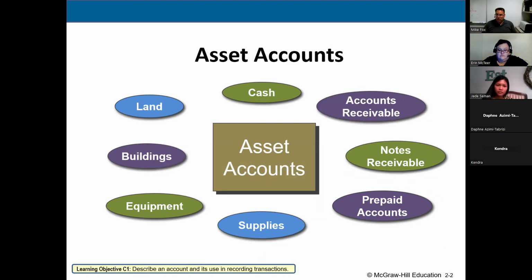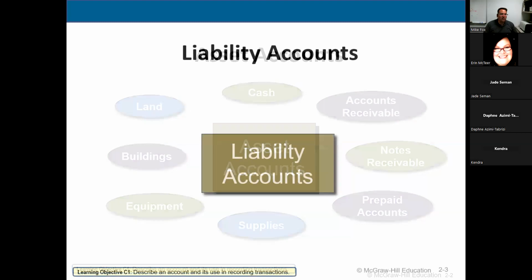Asset accounts. Assets are things a business uses that it can own. So cash, land, buildings, equipment, supplies, etc. Anything you can own. And anything with receivable in its name, like accounts receivable or notes receivable. If you see receivable in the name, just know that makes it an asset. Receivable means someone owes it to you. And then prepaids. Anytime you see prepaid in the name, that means something you've paid for in advance but haven't yet used. So it could be prepaid insurance, where you've paid for the next year's worth of insurance in advance, but you haven't actually got the coverage yet. Or prepaid rent. Those are assets.